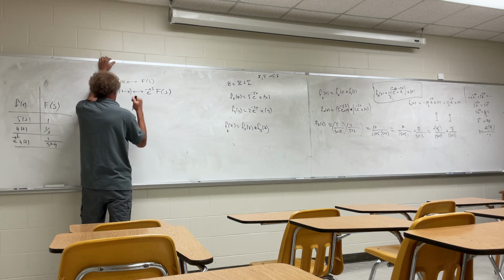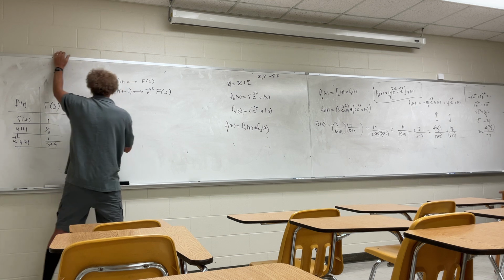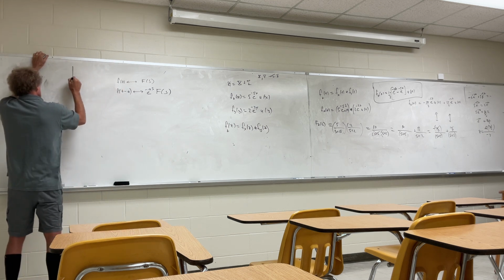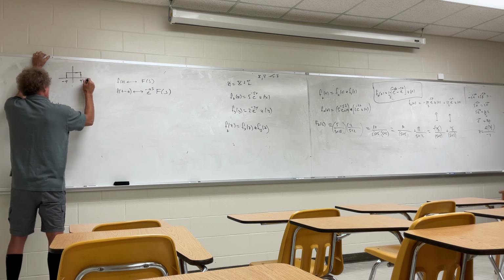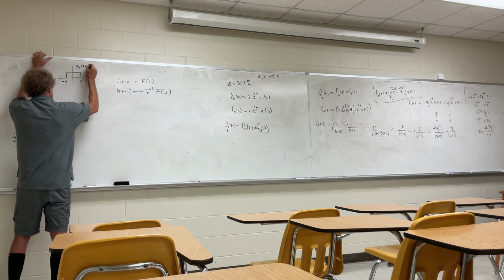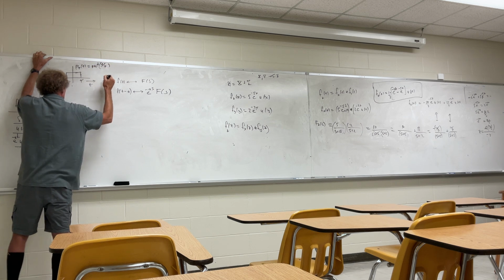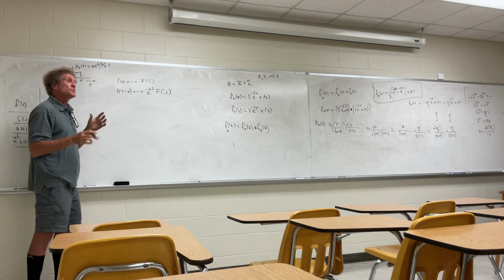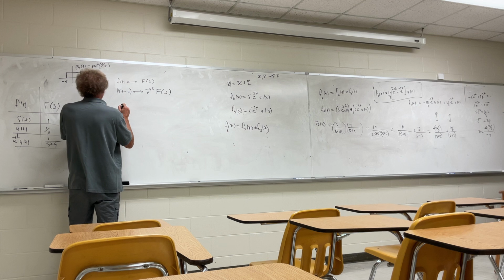And if you have, well, that's good for stars. There's another, this is a property, but if you have a pulse function, I want to just show you this because some of your books have a different, they call it a rect function. If this is from minus tau and this is tau, and this axis is t, the pulse function p tau of t, also called the rect function of t over tau. That has a transform. Do you all remember the pulse function or rect function class? This has a transform of,